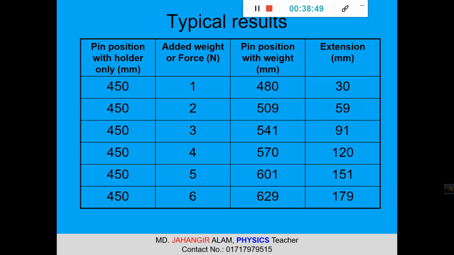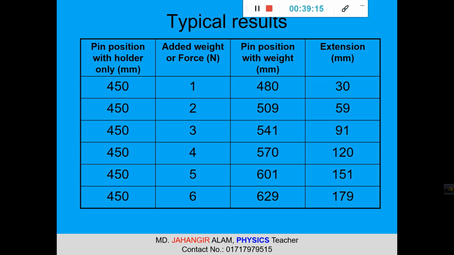When the added weight or force is 2 Newton, the new position will be 509, then the extension will be 59. When added weight is 3 Newton, then the new pin position is 541